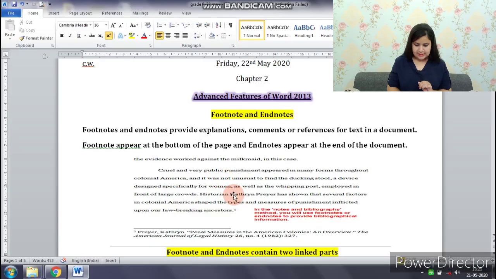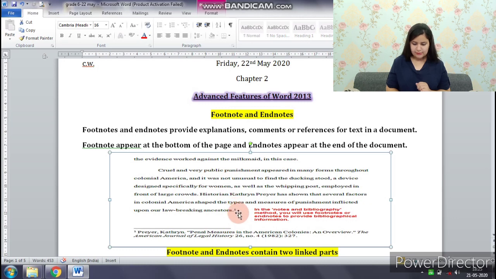So first of all, I'll explain what a footnote and an endnote are. Can you see this number on the screen? You must have seen it in dictionaries also, or if you have an elder brother or sister, like when I was in my 12th class, in my chemistry and bio books, there were footnotes and endnotes.